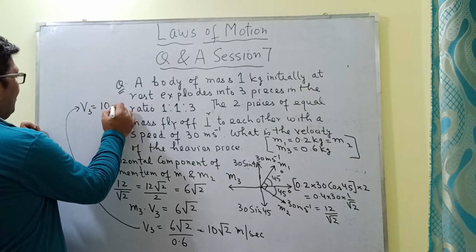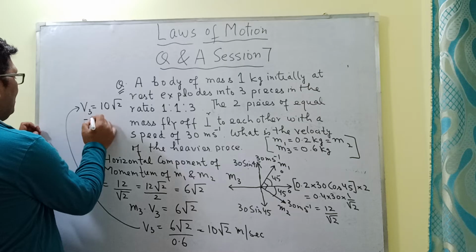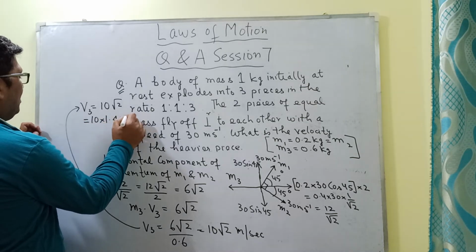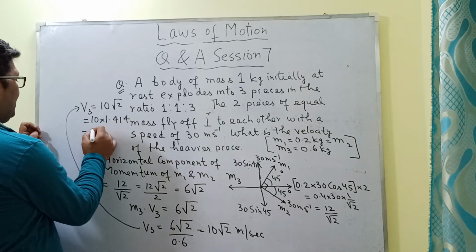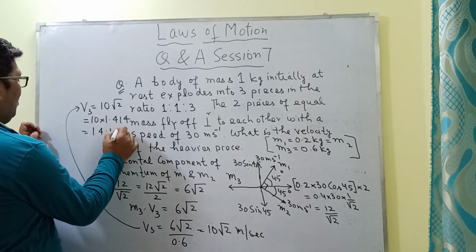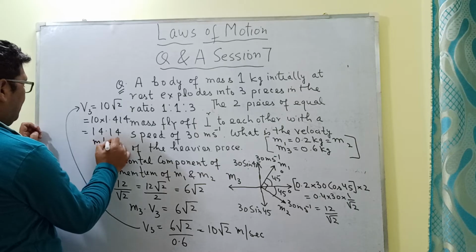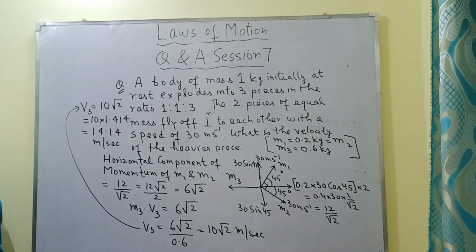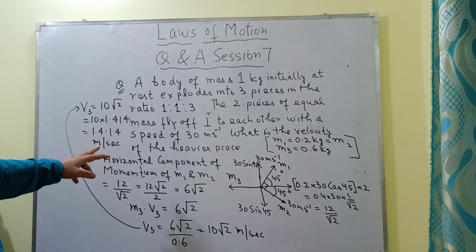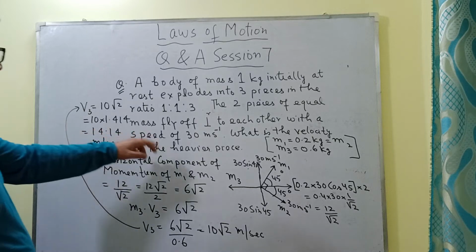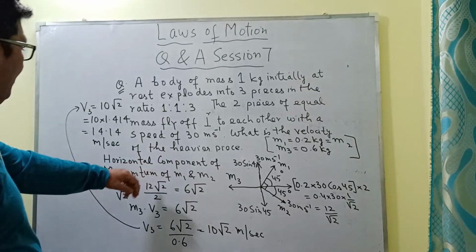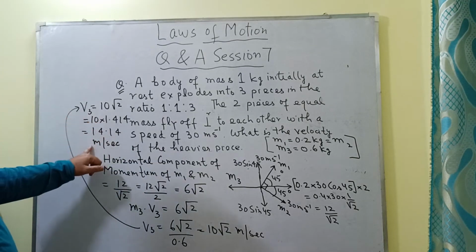सो ये हो जाएगा v3 equal to 10√2 which is equal to 10 into 1.414, or we can write it down as 14.14 meter per second, ठीक है। सो this is the, यहाँ पे हमें जो क्वेश्चन पूछा गया था कि we have to find the velocity of the heavier piece, so the velocity of the heavier piece will be equal to